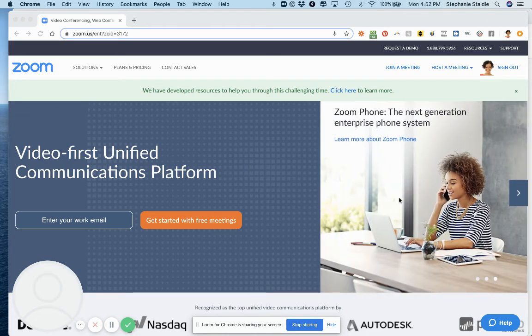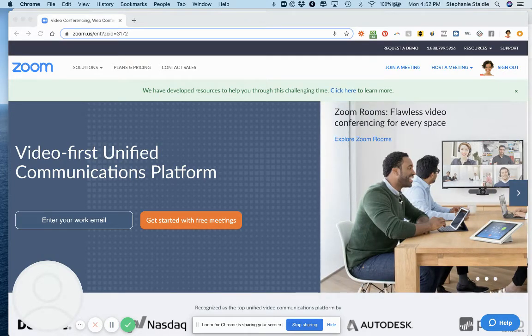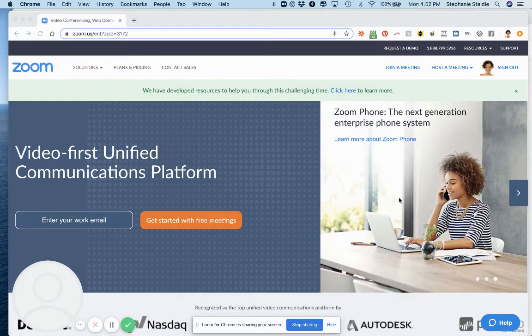Hey everyone, I am making a pretty short tutorial video on how to use Zoom and get set up so that we can have really seamless, awesome virtual rehearsals. I'm going to pretty much walk you through what it would look like to join via a computer. And for those of you that are not able to join from a computer and need to use your phone,